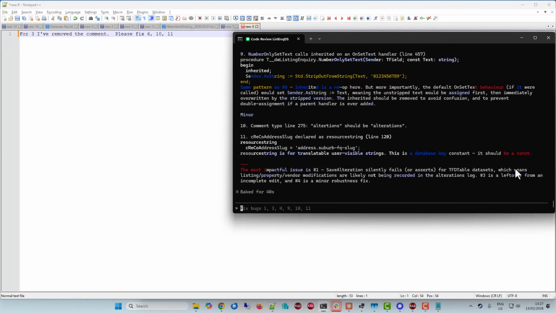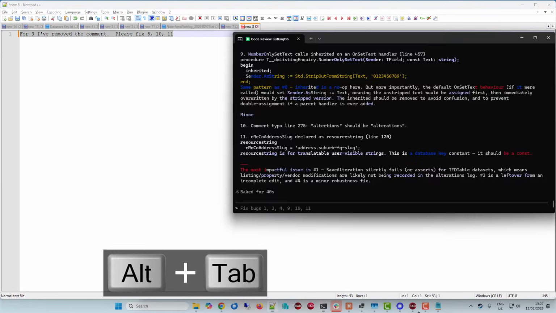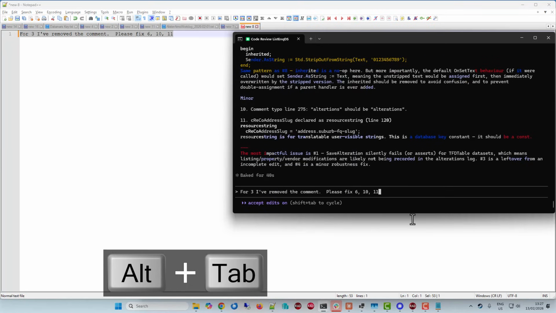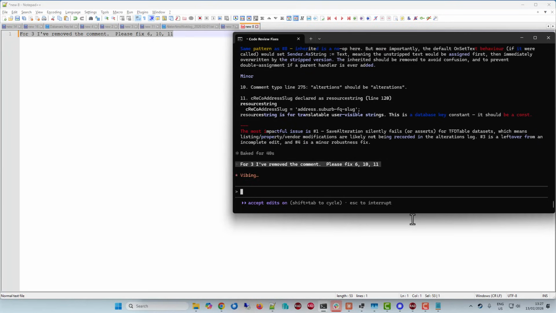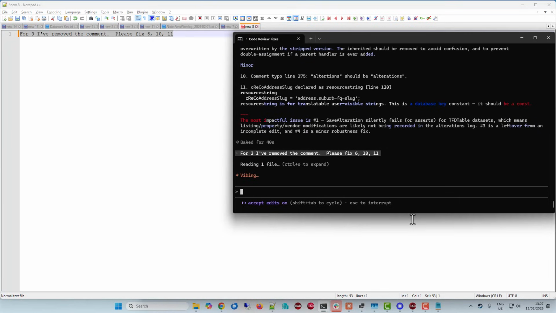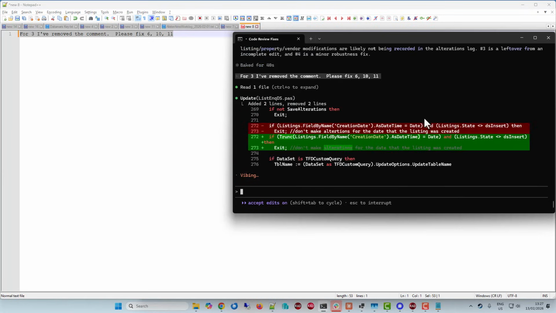But yeah, I'm not going to fix that one without having some proper testing in place. 3 is left over from... okay, and I've... okay. So we'll see how well it fixes those. These are all pretty minor. I probably could have more quickly fixed them myself, but